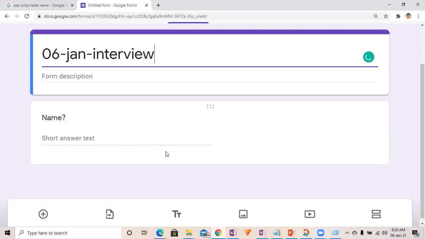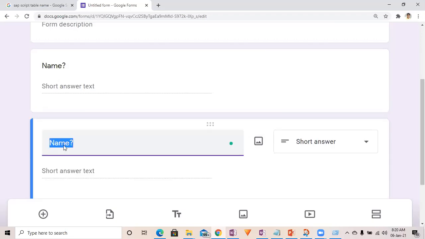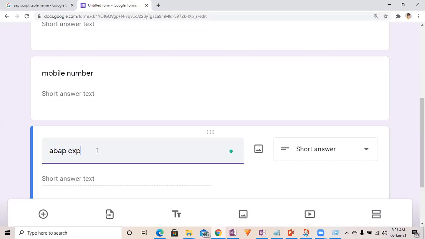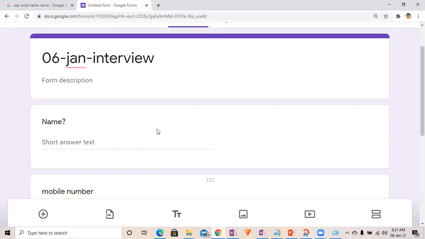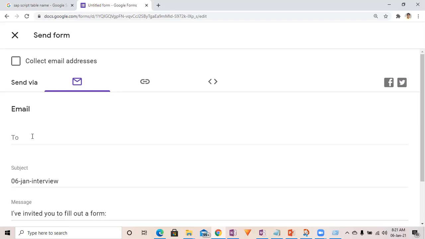So write the name, and then you'll have to write your mobile number, and then you'll have to write your ABAP experience. Okay, so you'll have to fill this one, and once you are assigned a candidate whom you will have to take the interview of,